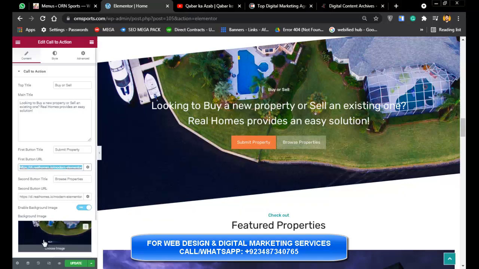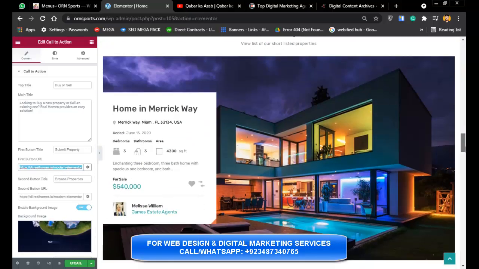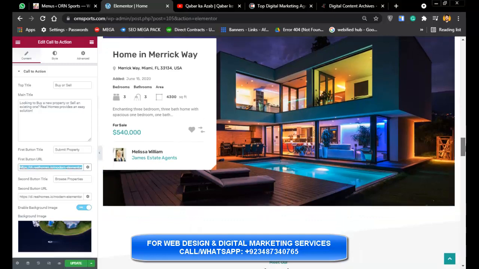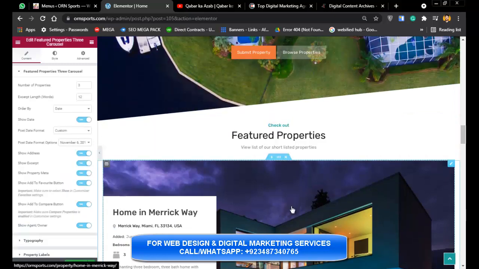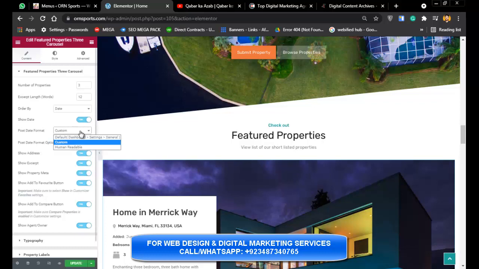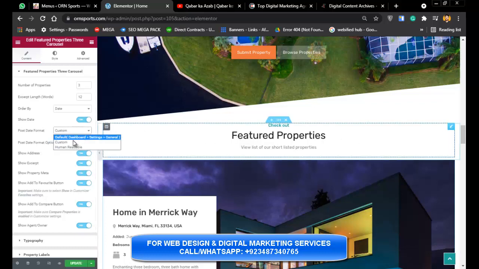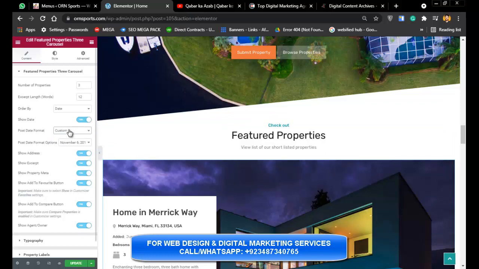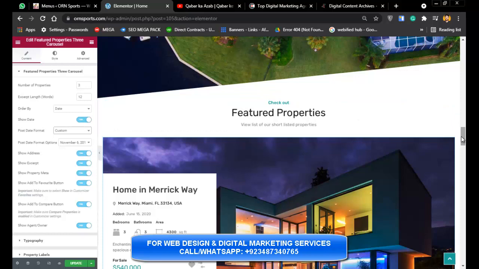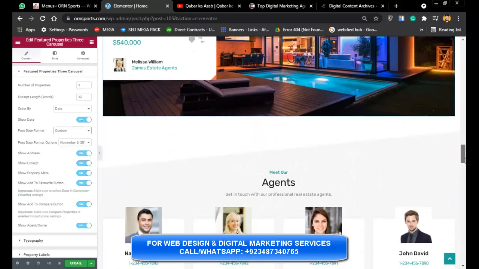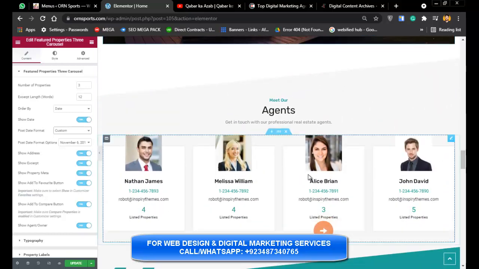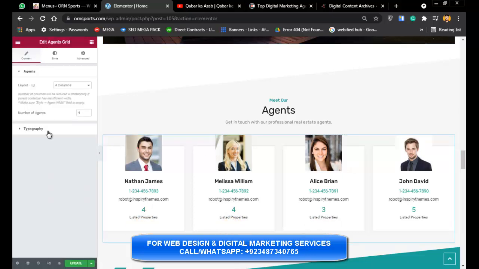We can change the image, background image. We can change each and everything here. And if we want to change that, we can easily change it from here. If we change the date or the filters, or we want to change the text, or here is the theme thing, if anyone wants to change it, we simply have to click on that, and they are edit agents grid, and we can change it from here.